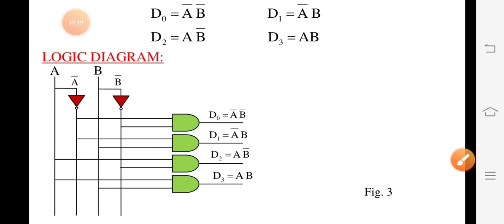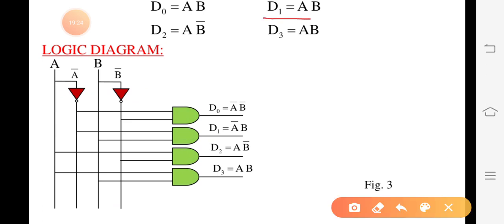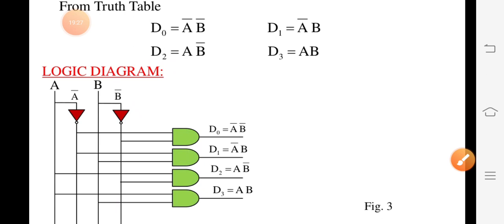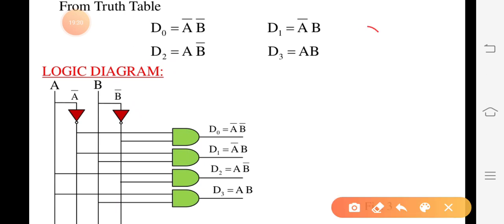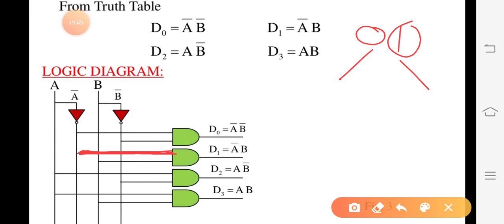Now look at the second combination. Look at the second one. Second is D1. So D1 means value is A bar B. So A bar B means 0 1. So we have to take 0 and 1. So from this part, look at here, this is the complemented value. So 0 you will pass here for the value A, and what is the value of B? 1. That means from the uncomplemented signal you are going to take the value. So you will attach it here, 1, and pass it into the AND gate and you will get the output of D1 here, right?